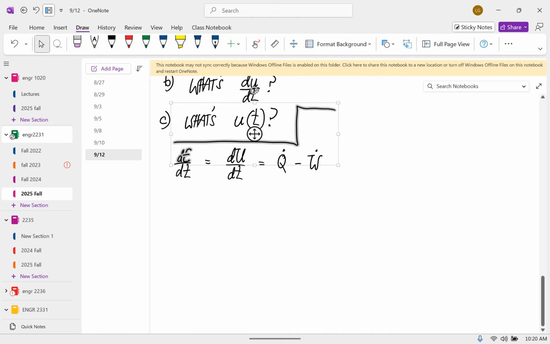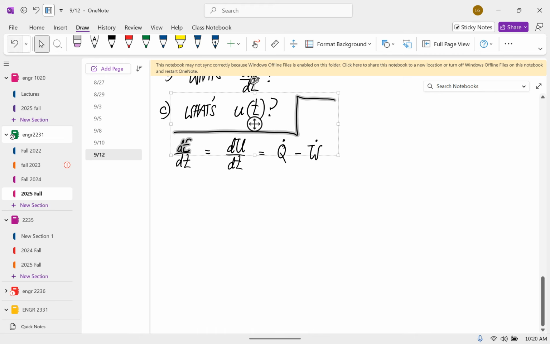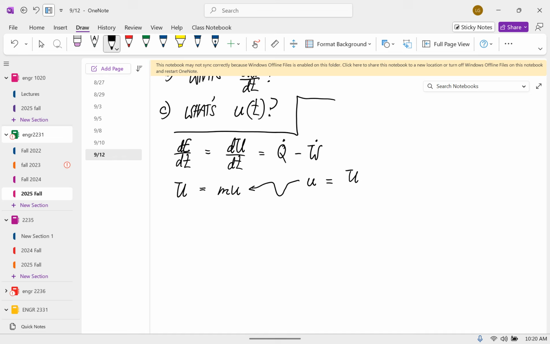Well, the internal energy is equal to the mass times the specific internal energy. The definition of the specific is the true per mass. So that means that this relationship gives us